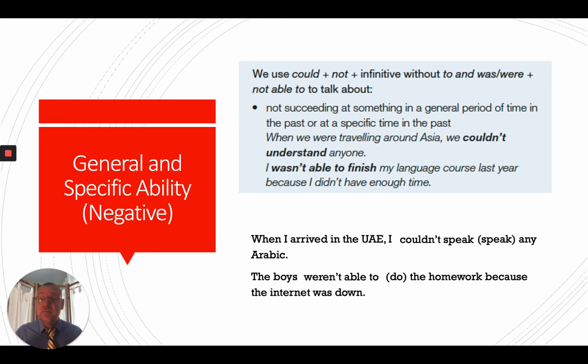So again, we can interchange these. We could equally say when I arrived in the UAE, I wasn't able to speak any Arabic. Or the boys couldn't do the homework because the internet was down. Now,